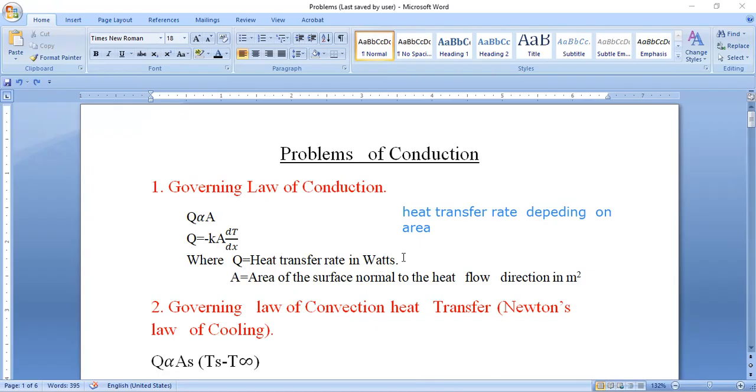Q is the heat transfer rate in watts. A is the area of the surface normal to the heat flow direction in meter square. And dT by dx is the